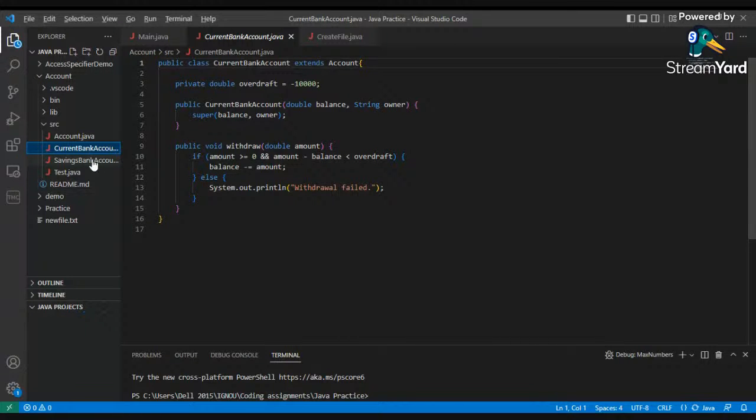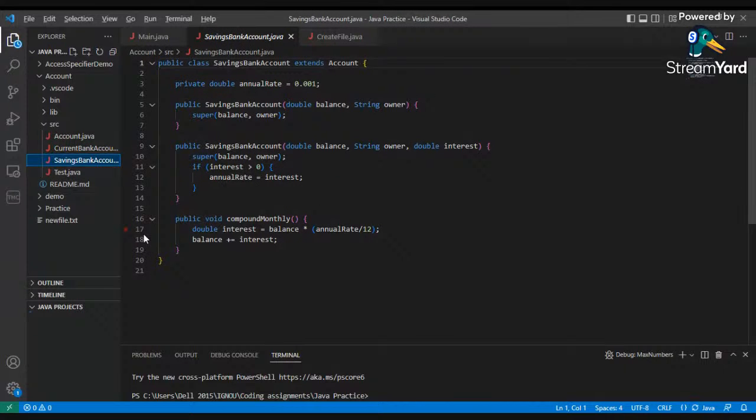So just do one thing. We're going to end this session here. We can do the prayer, and once you're done with the prayer, please add that function, compound monthly or whatever that function is, into the savings bank account. Which one we did? I think we did the other way around. So just reverse it. Just make it whatever it's supposed to be, and then send it to me for review.